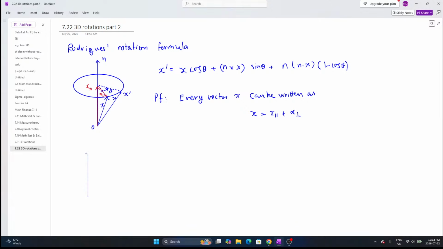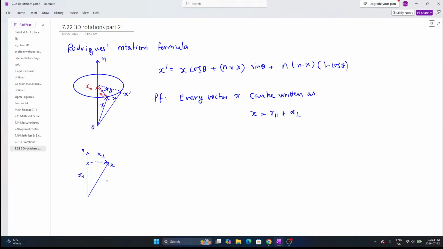Okay, so this is n, this is x, and we just orthogonally project x onto the n direction. This is x parallel, and this is x perpendicular. Okay. So of course we need to describe x parallel and x perpendicular in terms of the given quantities, and